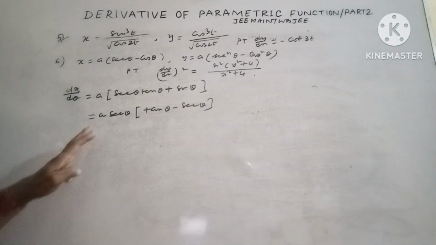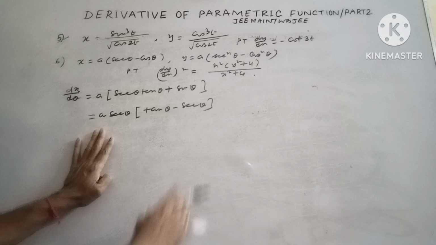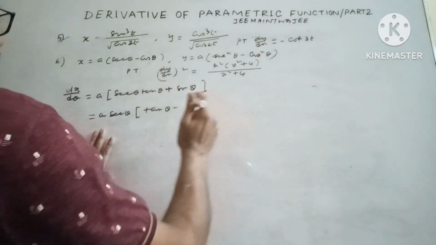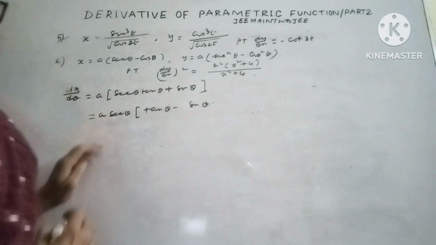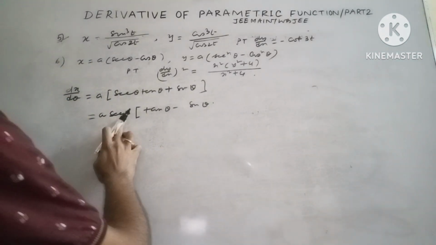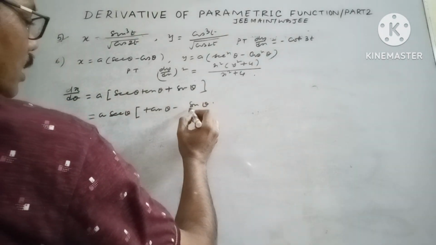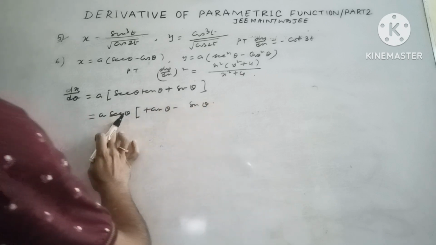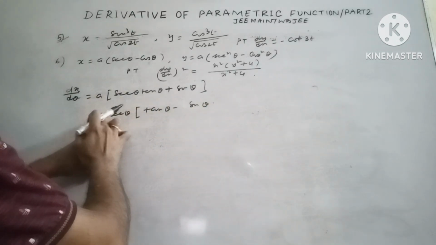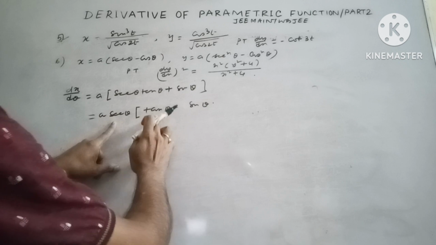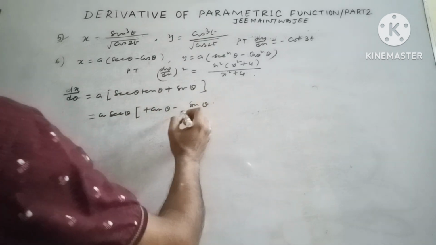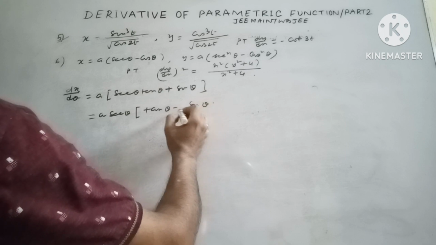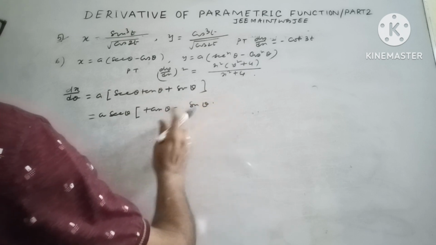So sec theta common, tan theta minus sin theta, and sec theta is common, so sin theta by, balance it by